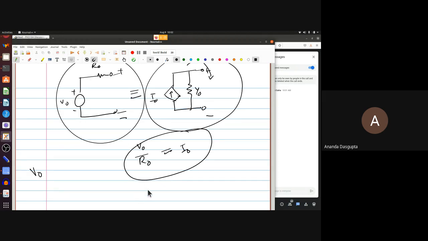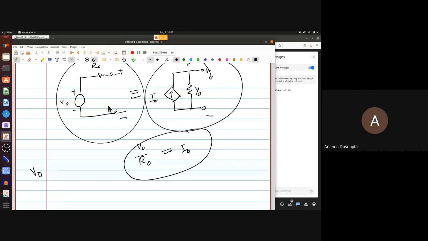By the way, this can confuse a lot of people if they're meeting this for the first time. No current flowing actually produces the largest output voltage. Larger current produces smaller voltages. That seems to go against Ohm's law, but it doesn't. If you draw more current here, more will be dropped across R naught, so there is less you will get out in the output. This is something which everybody knows, but from time to time, people get confused between this and Ohm's law.